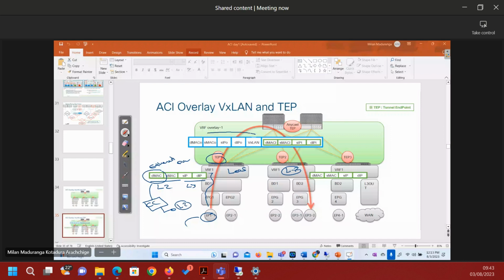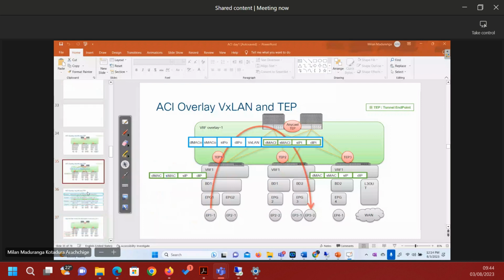So this is the VXLAN header information. In that case, let's say this traffic is coming from VLAN 10, then VLAN 10 is mapped to VXLAN number 1010. So this tunnel VXLAN number is 1010. So this is the VLAN number mapped into the VXLAN number, right? So it forwards traffic to the specific TEP, then that TEP can forward traffic to the specific endpoint. So this is the way how communication happens within the